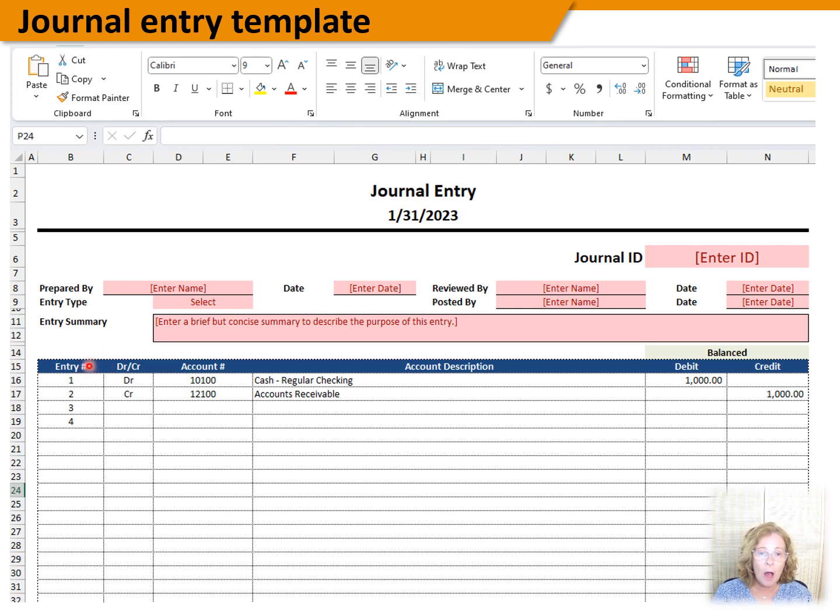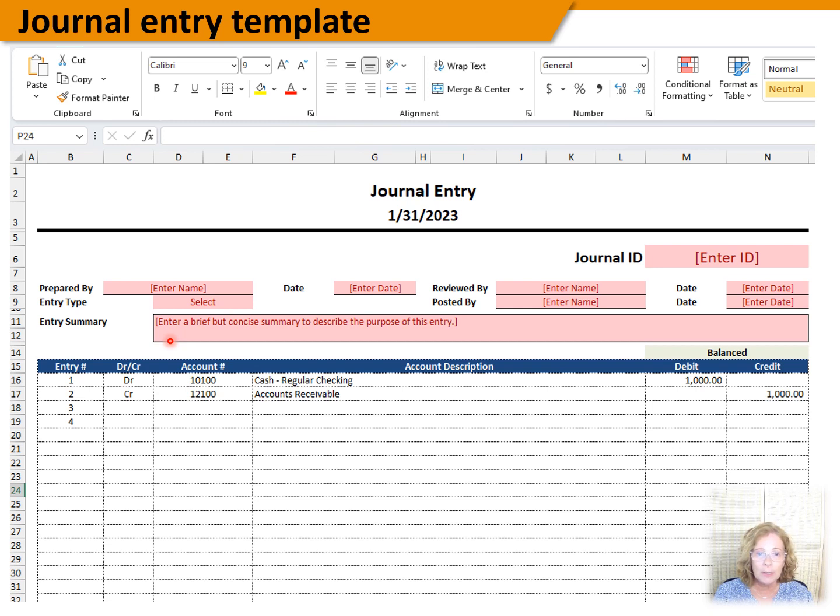Why? Well, auditors want to ensure that non-routine entries were properly approved by the correct level of authority within the accounting organization to ensure that the department has good controls and separation of duties. Next, enter the date and the journal ID, as well as the entry summary, which is a short sentence about why the transaction is being recorded.